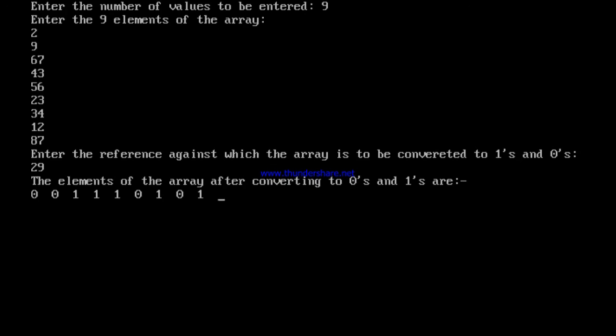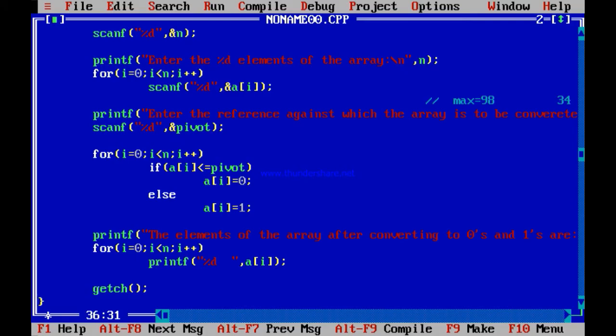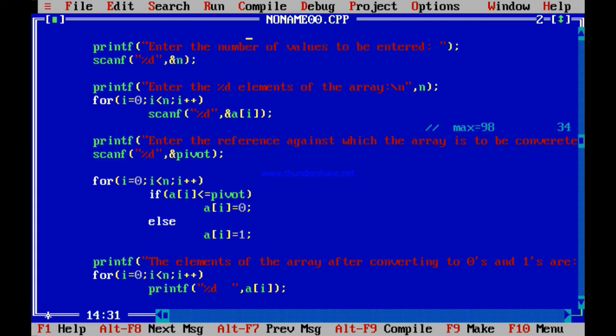So the array has been converted to an array of zeros and ones, and this program works absolutely fine, and you can say that you have understood this program. I can assume that you have understood this program. If not, you can go through this program once more and check,